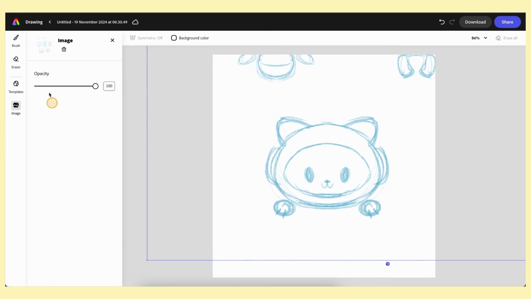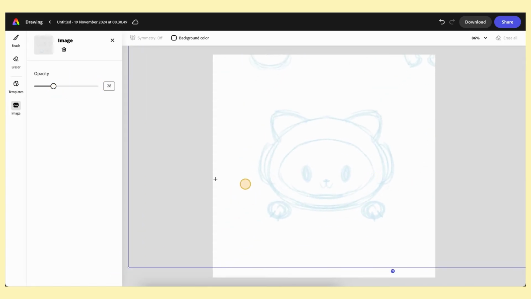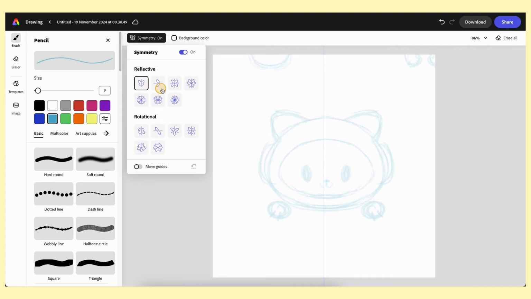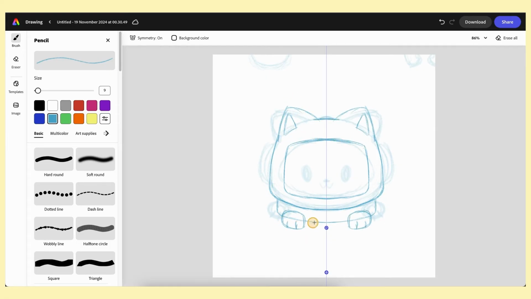We will import the image we have downloaded from the last sketch, and we will scale it up on the canvas and reduce the opacity to further develop over it. So in Express drawing, the image layer will always lie in the background, and we can again sketch or paint over it and develop our concept more vividly.